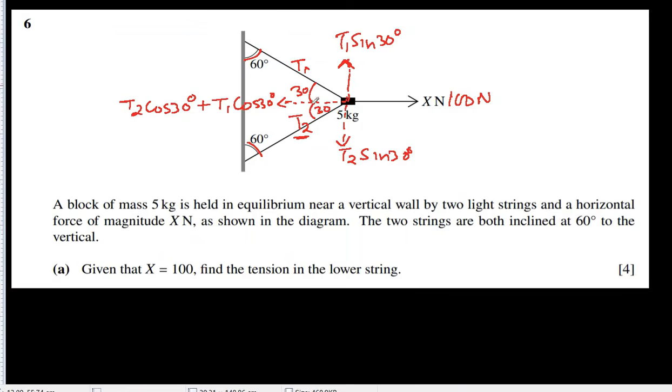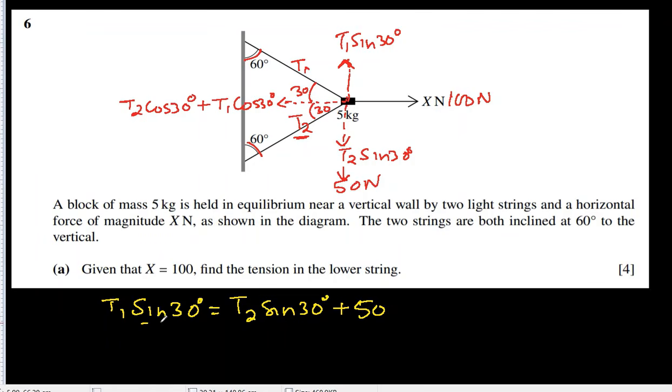Because the system is in equilibrium, let's equate the vertical forces. T1 sine 30 will be equal to T2 sine 30 plus there is a weight of 5 kg downwards, so it will be 50 newtons downwards. So we have to add that force also with T2 sine 30. That's why they will be unequal. And sine 30 is half, so we can write it as 0.5 T1 equal to 0.5 T2 plus 50,